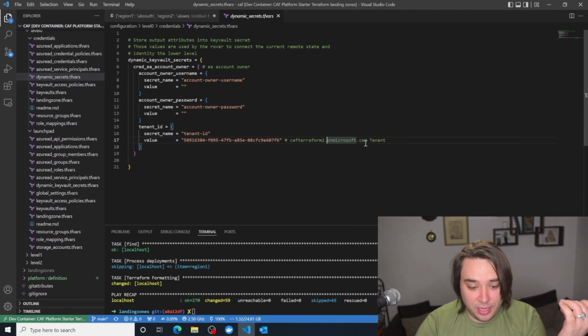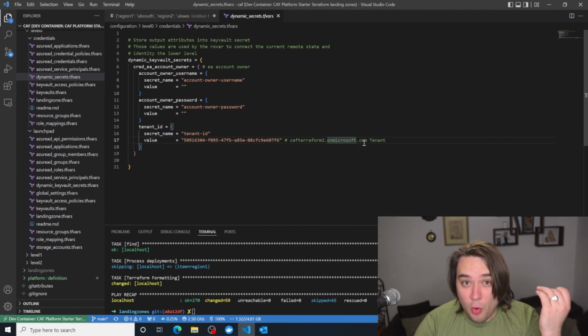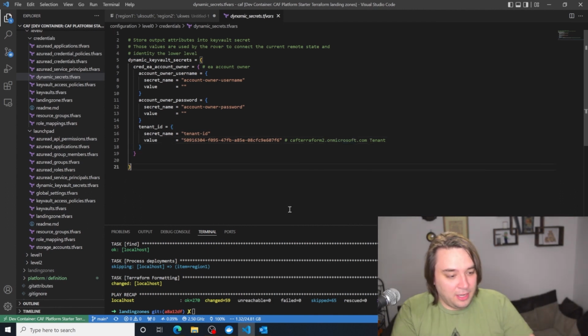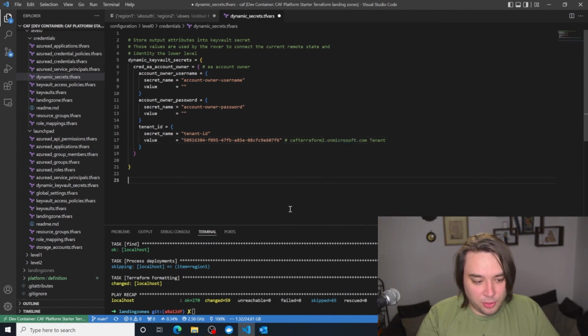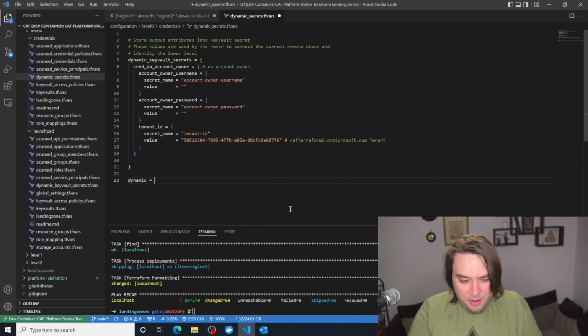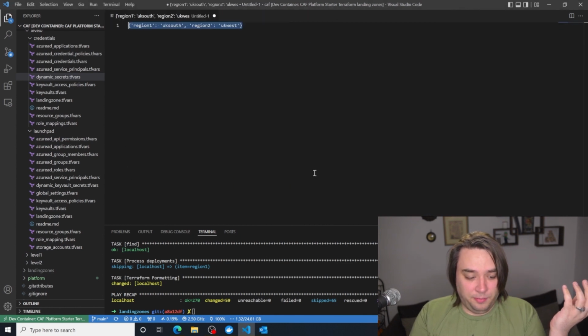It has populated all the files and in the correct format. If I was going to create this from scratch, for example, I would have to do dynamic key vault and then equals and whatever, I would have to create the module from scratch. Well, this eliminates that. You don't need to be a Terraform expert. You can just rely on these files, and you can deploy your infrastructure.